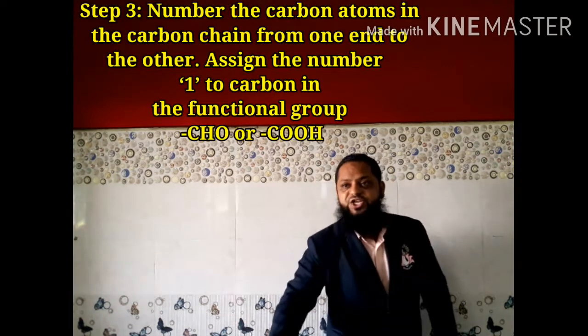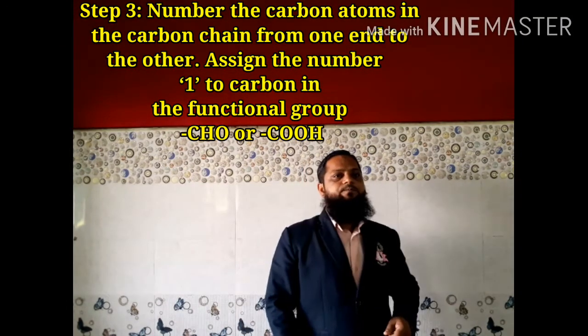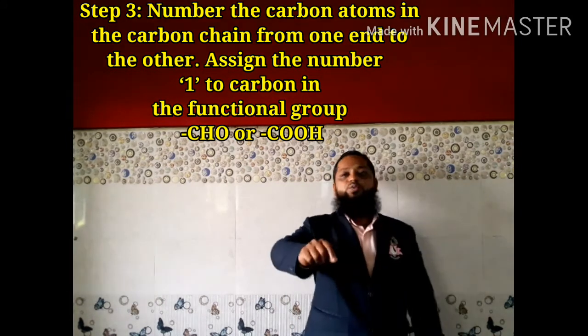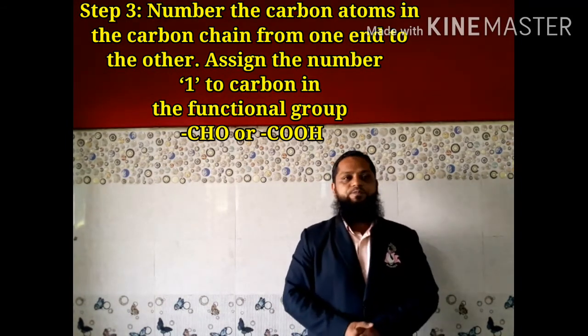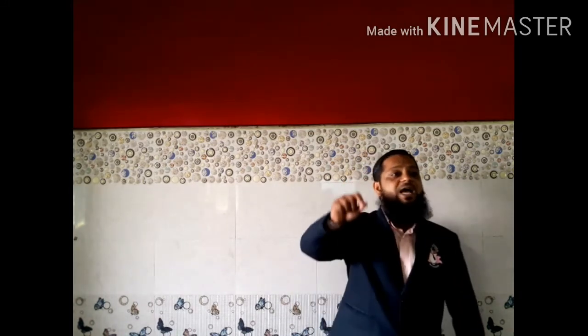table. Third step: number the carbon atoms in the carbon chain from one end to the other end. Assign the number 1 to the carbon in the functional group CHO or COOH. If the chain can be numbered in two directions, accept that numbering which gives a smaller number to the carbon carrying the functional group in